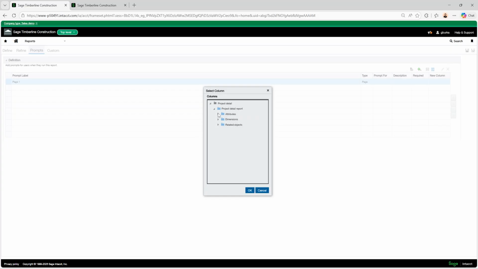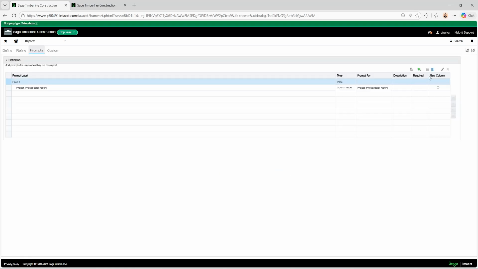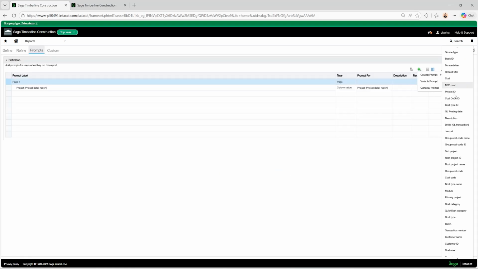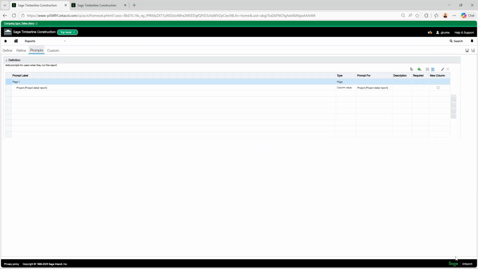So I'll start in this attributes folder. On our project detail report table, we'll have a number of different columns, including the project, and then I'm also going to add customer and vendor.